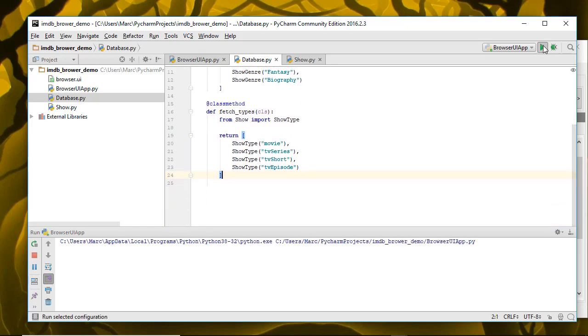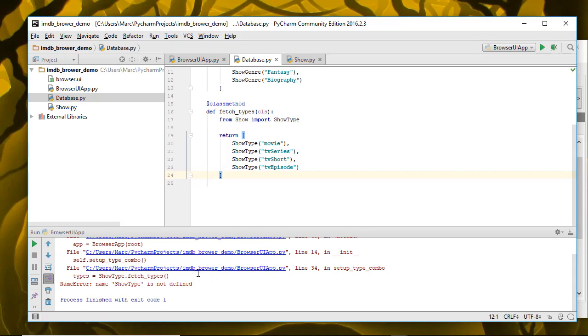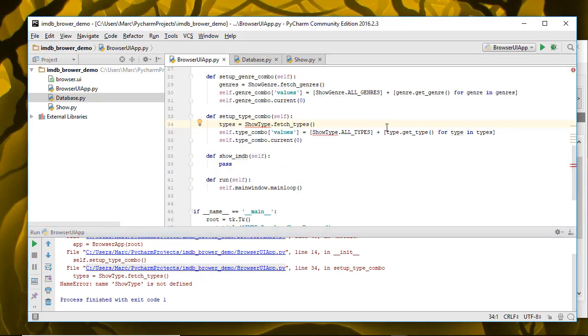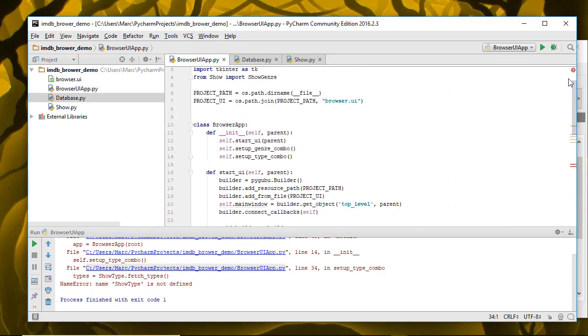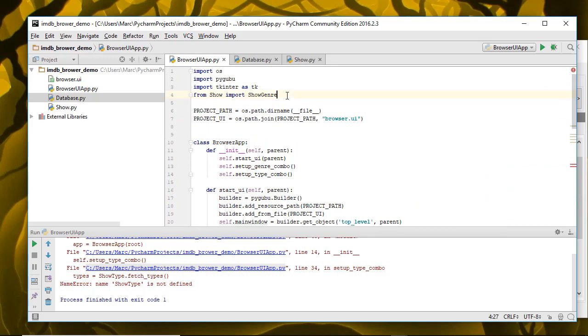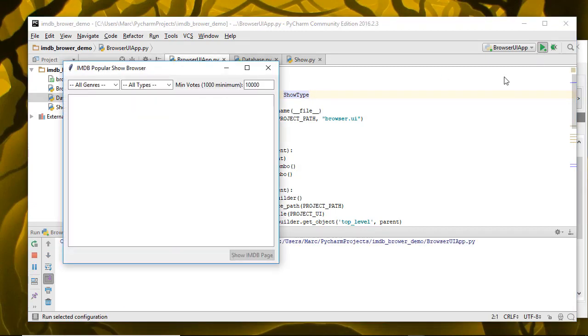Let's go ahead and try running it again. Show type is not defined, so I need to make sure that's imported. So import show genre and show type. Okay, so all genres, comedy, all types, TV series. Okay, now let's hook up